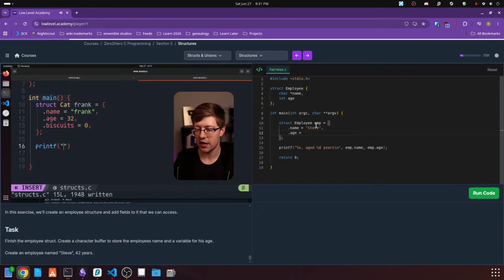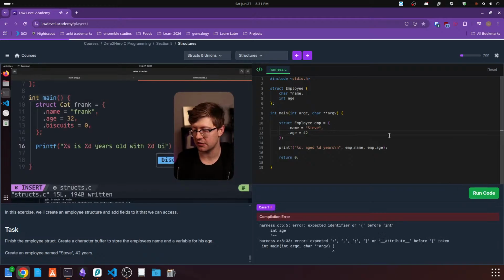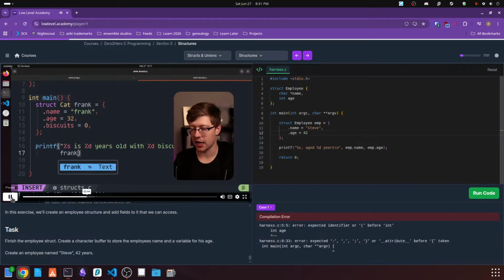We can say printf %s is %d years old with %d biscuits, and we can access them via the dot